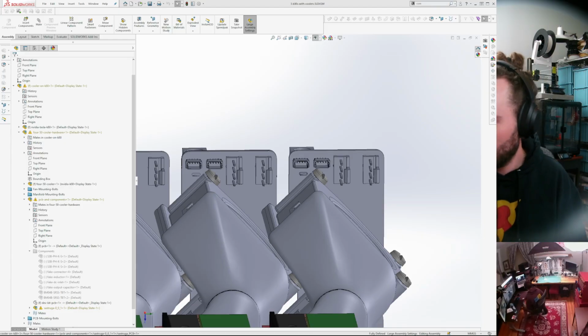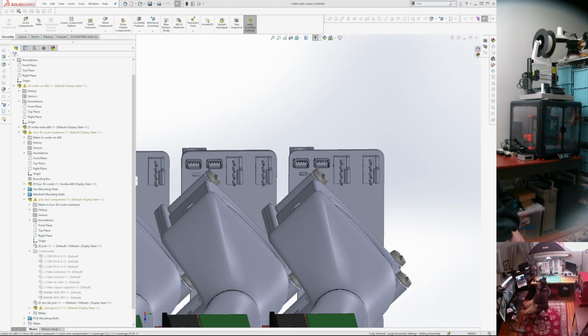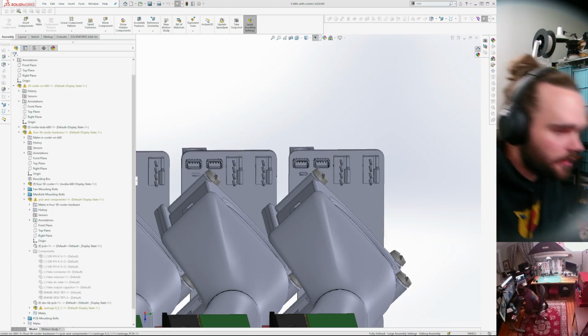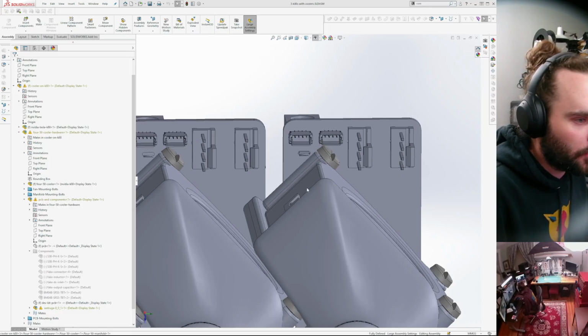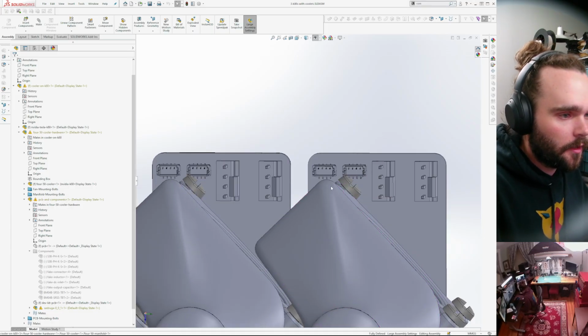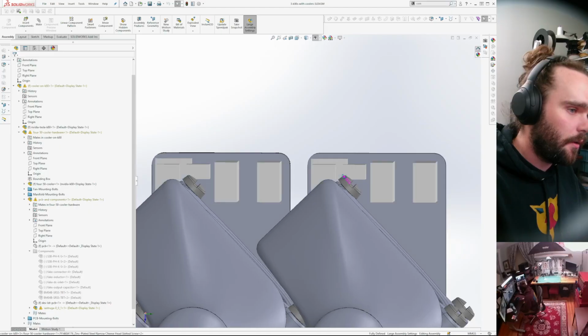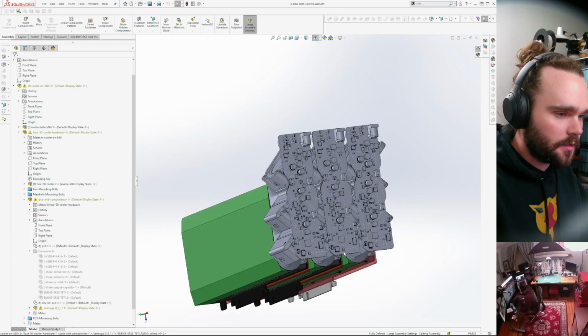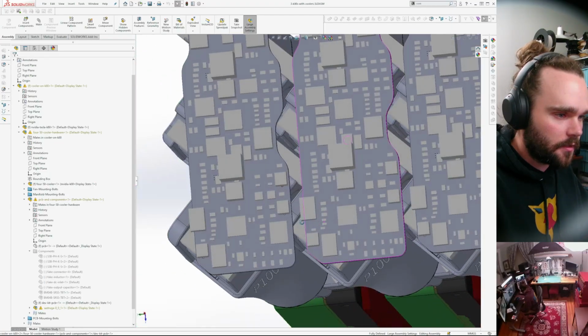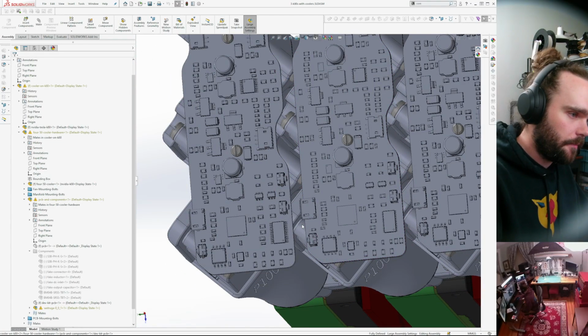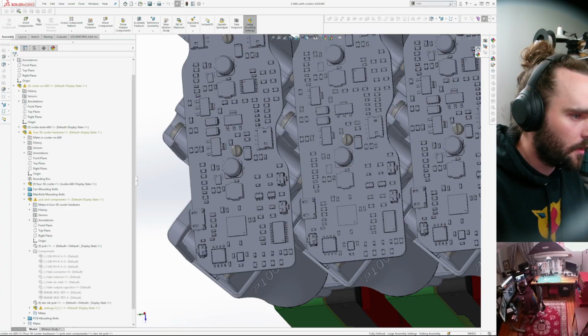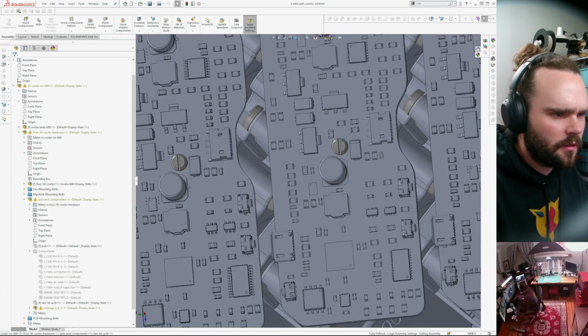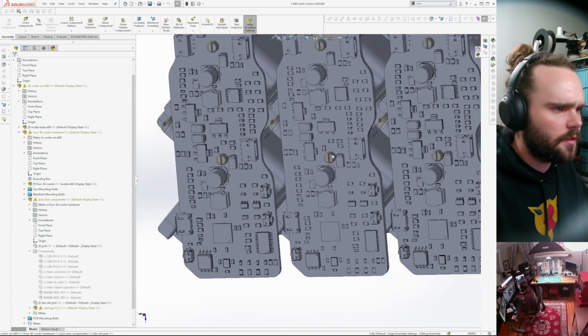Alright, so I decided I'm just going to throw this on the printer because it looks like it's going to interact with this bolt. But I want to see it. And it looks like this USB thing over here is going to be a problem. But again, I want to see it. So I'm going to print 2 of these.